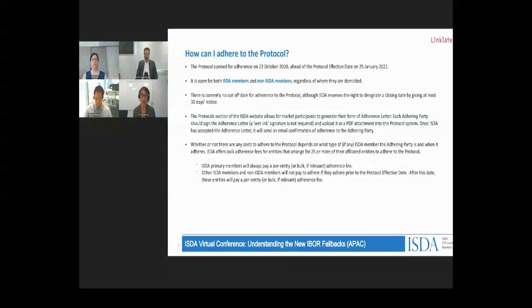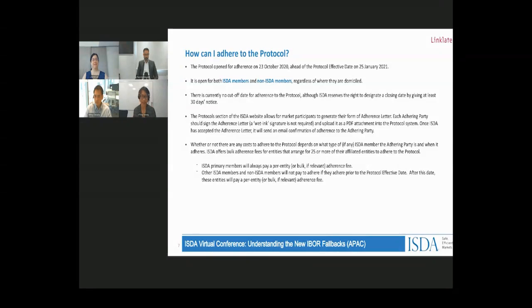So a huge number of people have signed up for it. And, real life story, yesterday I was preparing for this session and a client called me up going, oh, should I adhere to the protocol? What should I do? And I encouraged him to go to the ISDA website, check the number of banks that were adhering, and he was persuaded. He was like, wow, so many people have signed up for it. I better sign up now too. So this client was actually an agent for a bunch of funds. And I'll talk about that a little bit later.